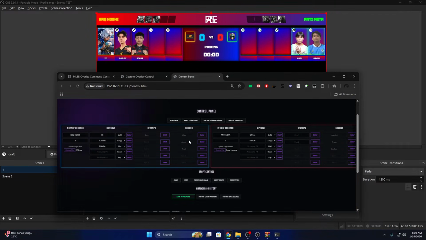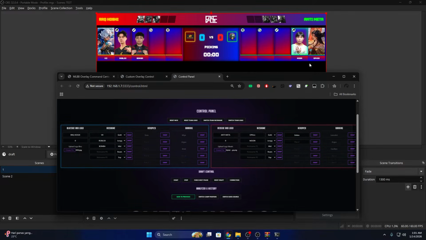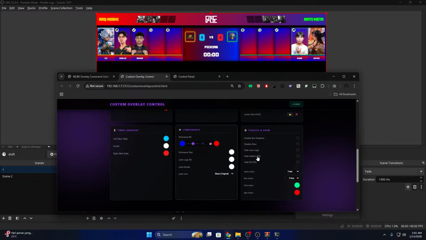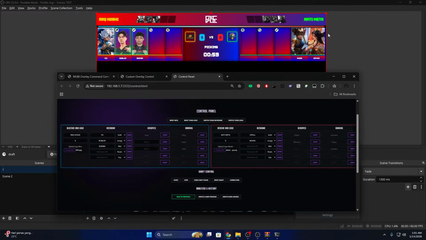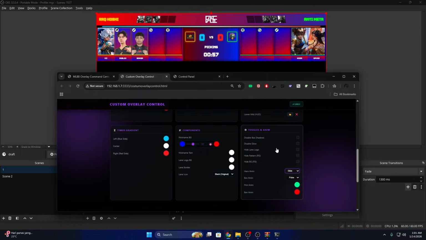So as you can see, this pick is with the fade animation. If I pick Zetian here, you will see it only fades. And I want to change it, not fade. I want to change it to sliding from bottom to top. Okay, just press slide here, and then just type the hero you want, and it will be sliding now. Or you want it not sliding, but I want to reveal it.